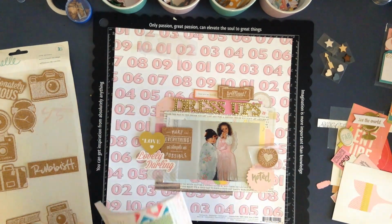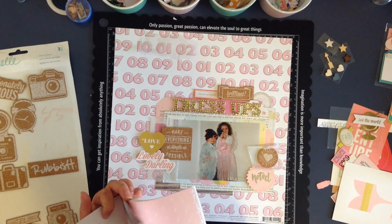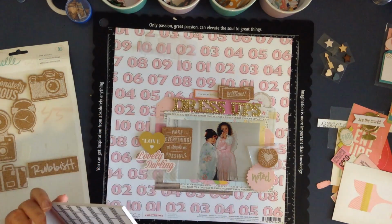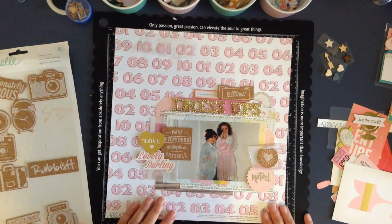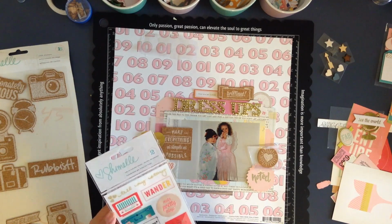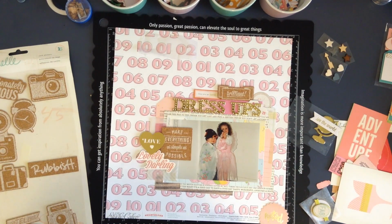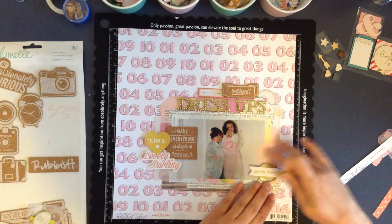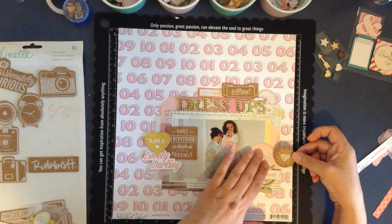I'm just having a look at what else maybe I could put onto the page, and so I'm having a look through that notepad, the little 6x6 pad, and seeing if there's anything that I could cut out, but there wasn't really anything that I wanted to use. Checking out the rub-ons, no. And here I go back to this corner. So I'm trying to find something, and I come to the conclusion that it's really not working for me,